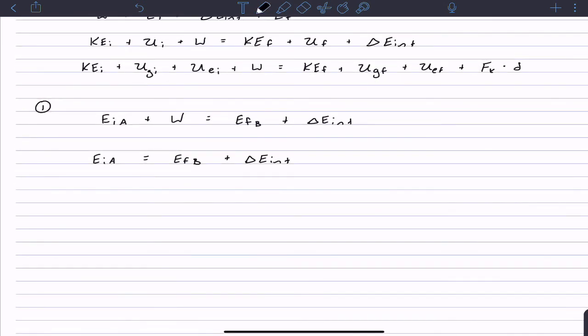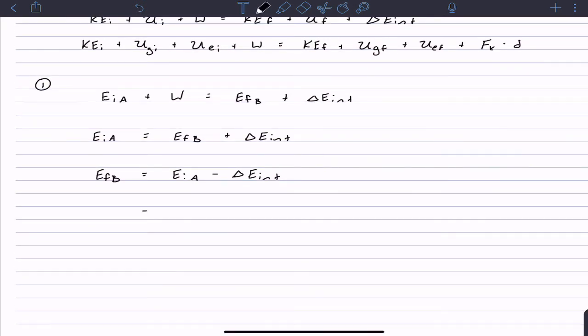So we need to know what the final energy is going to be. So it's going to be EIA minus the change in internal energy. Okay, cool. So that gives us something that we can work with. So now we have,